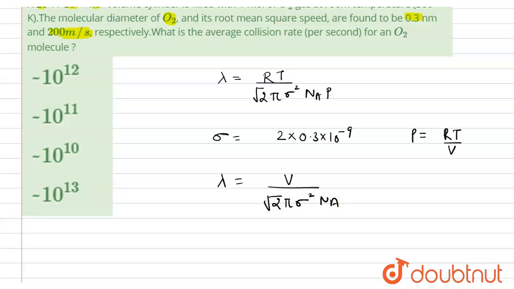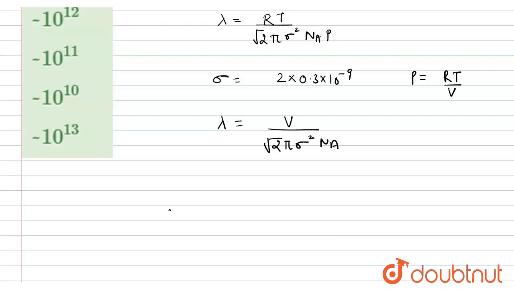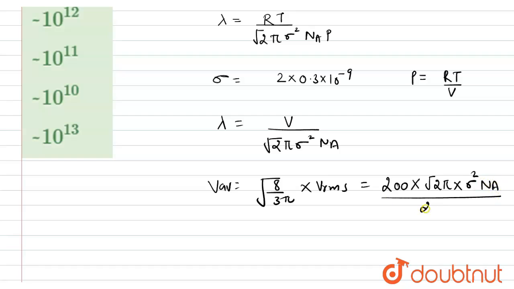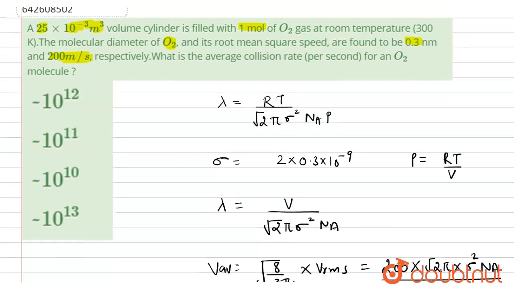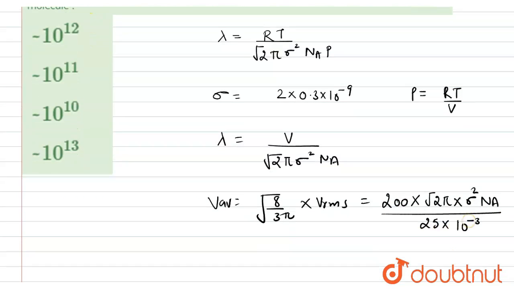So we know average velocity is V average equals to root of 8 upon 3 pi into V RMS. Now use this value. So root 2, so 200 into root 2 pi into sigma square, sigma square Na divided upon 25 into 10 raised to power minus 3, that is volume, into we use this value of VRMS in